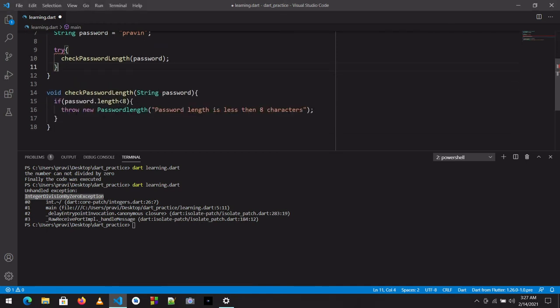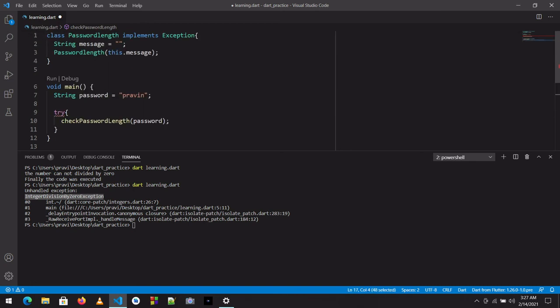If the password length is less than 8, it will throw a new error, which is password length is less than 8.